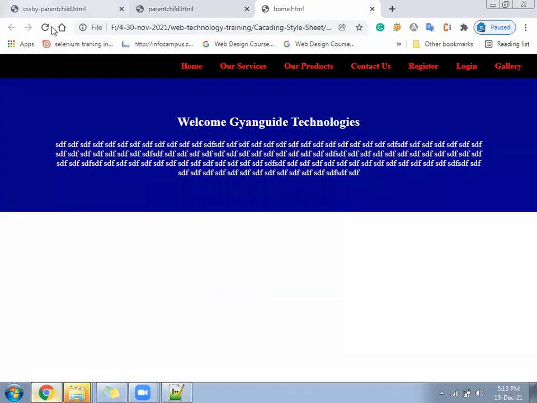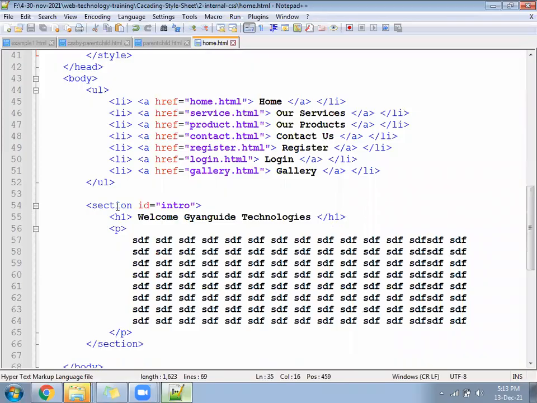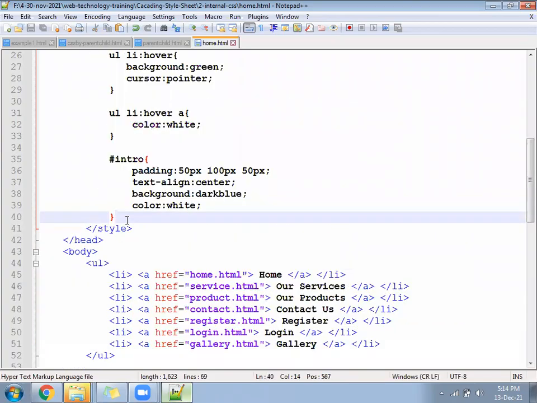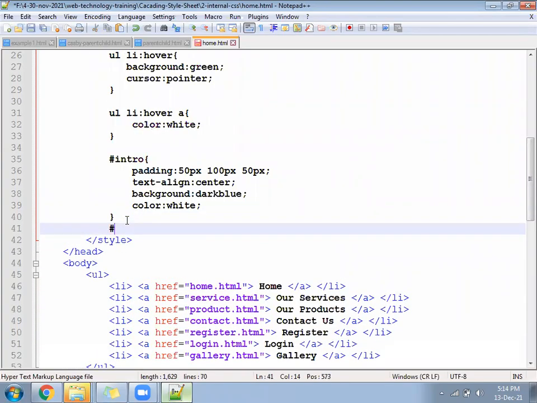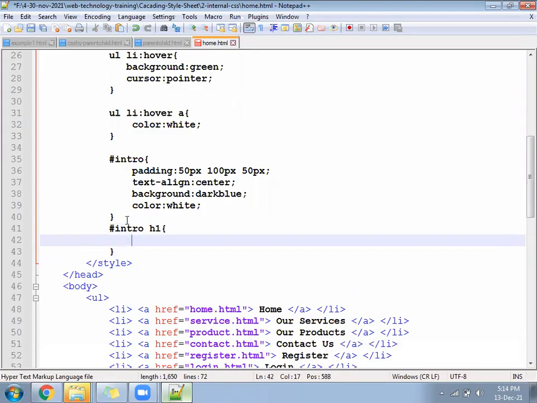Okay. Have we increased the font size of H1? How to increase it? The H1 is inside the section. Section, what is the idea of that? Intro. So you have to write here has intro. Now the ID will become a parent because section will appear many times. So ID has intro space H1. Those H1 that are under the intro block, their font-size should be 40px. And have a look once.